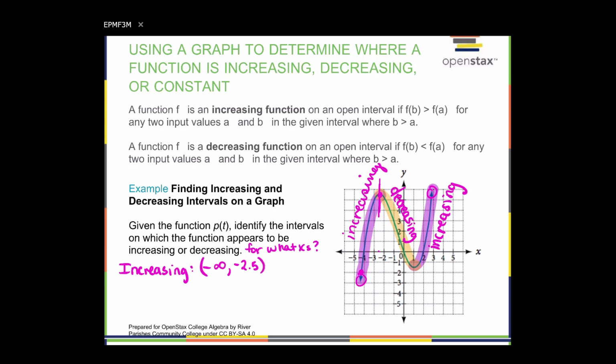Now, since it changes direction at -2.5, we can't say that it equals -2.5 there. I mean, it does, but what I mean is it stops increasing at -2.5 and it changes direction. So two things are kind of happening at -2.5. So we're going to use parentheses there. So it is decreasing